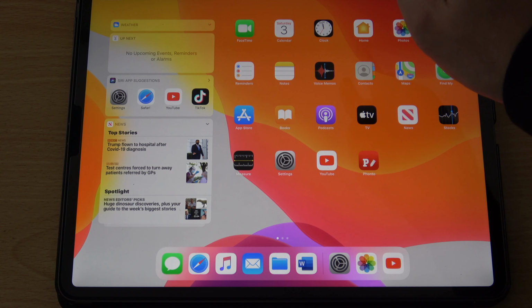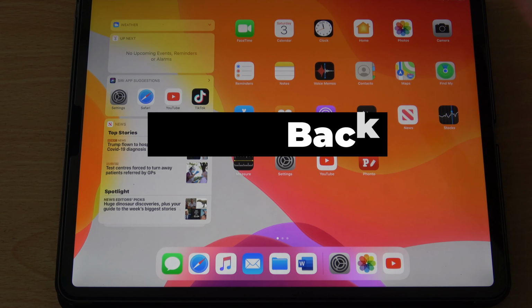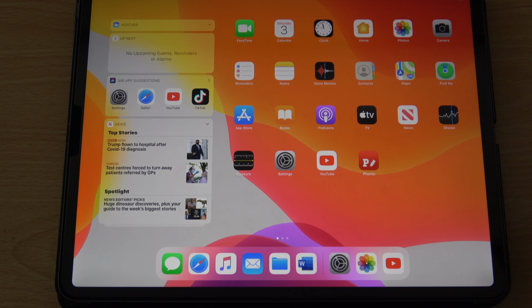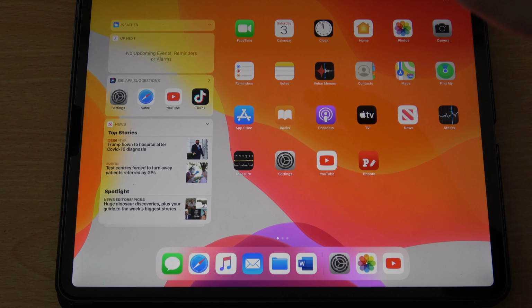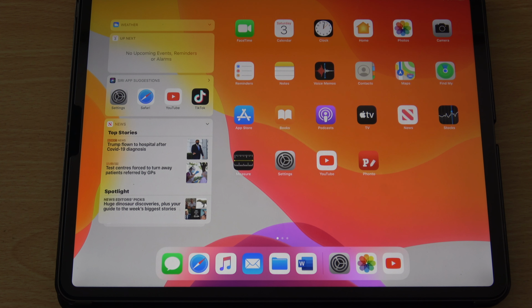So there are two ways to back up your iPad: to the cloud and locally on a computer. Backing up to iCloud is the easiest and safest method. It saves online to Apple's servers. Now, Apple only give you a measly 5 gigabytes of storage, and your iPad likely has 64 gigabytes of storage or more. So you can choose to upgrade for a monthly rental fee. You can go for 50 gigabytes, 200 gigabytes, and 2 terabytes. And if you haven't used it before, there's normally an option for you to have a 1 month free trial. Let's go and have a look at these options.